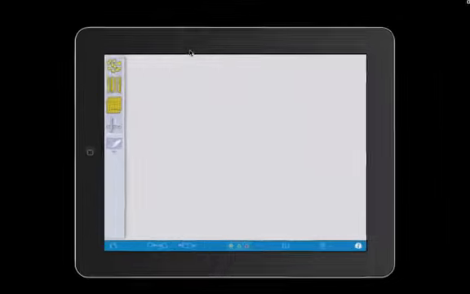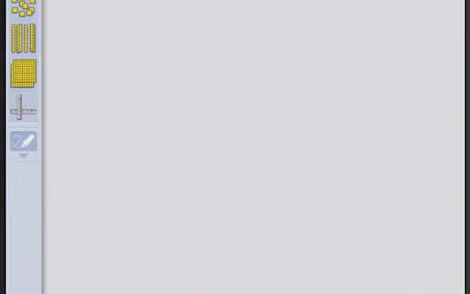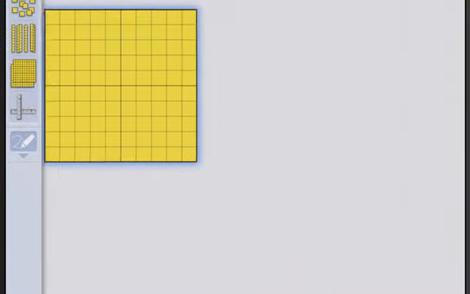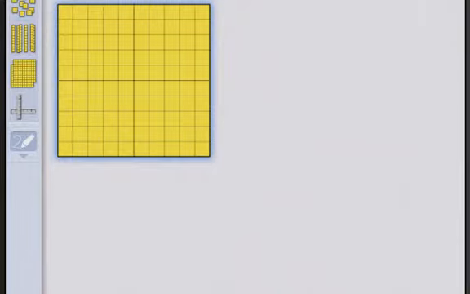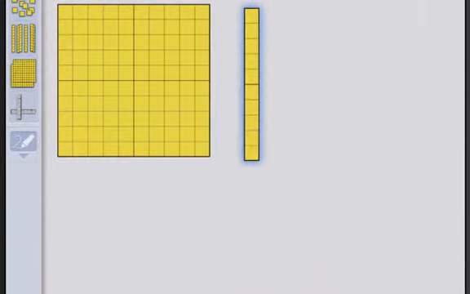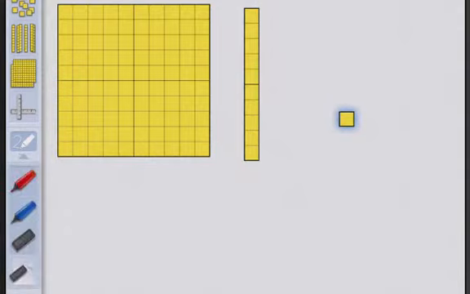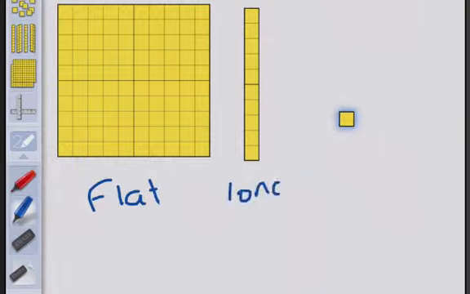Some of its key features include manipulating objects. For example, this is what I'm going to call a flat. This is the long, and this is your unit. One interesting key feature is I can use drawing manipulatives so that I can write on the program itself. So that's a flat, this is a long, and this is a unit. We use this terminology because later, when we introduce decimals, we're going to redefine what the values are for each of these manipulatives. This is a proportional manipulative, which basically means if you were to take a bunch of these,